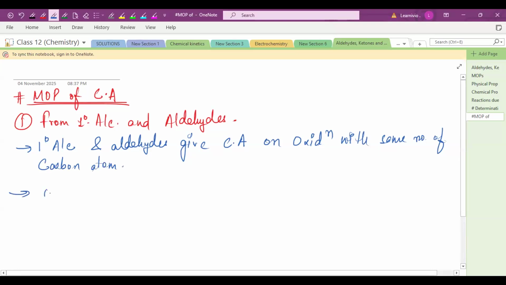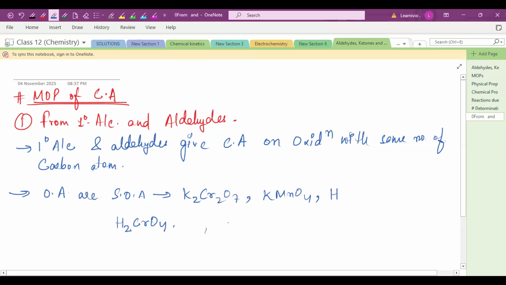Okay. Now, which oxidizing agent can you use? We can use a strong oxidizing agent, just like your potassium dichromate. You can use KMnO4. You can use chromic acid. See, there's a difference between the chromic acid: chromic acid is H2CrO4. But if you see something written as CrO3, this is a chromic oxide, right? When you add the CrO3 with H2SO4, it will become a strong oxidizing agent,